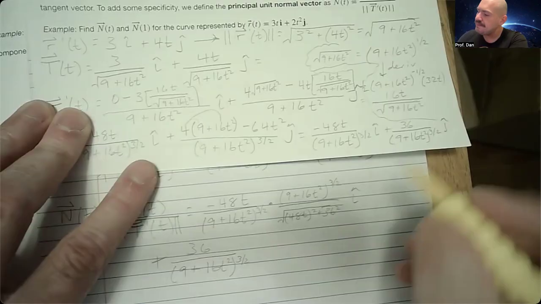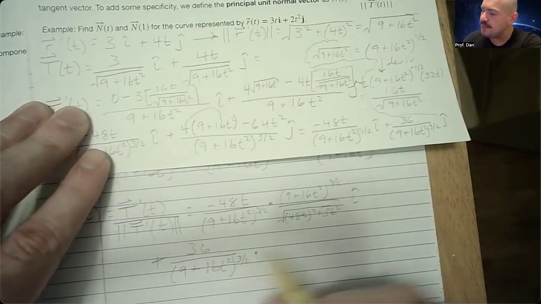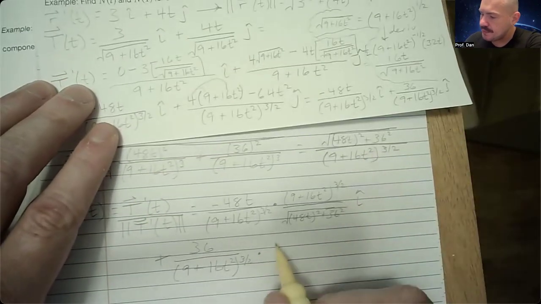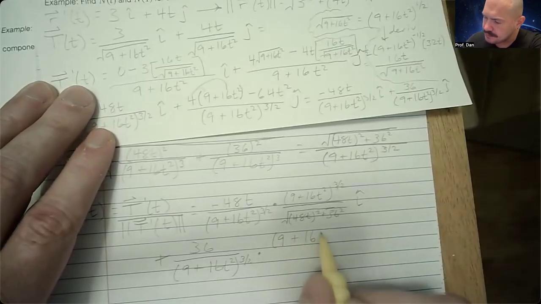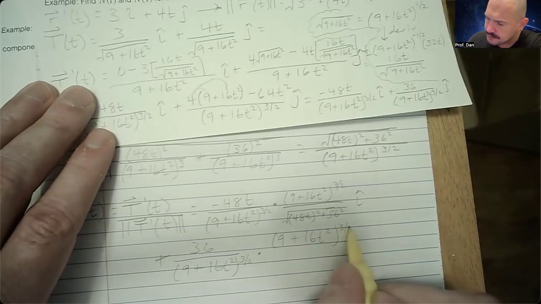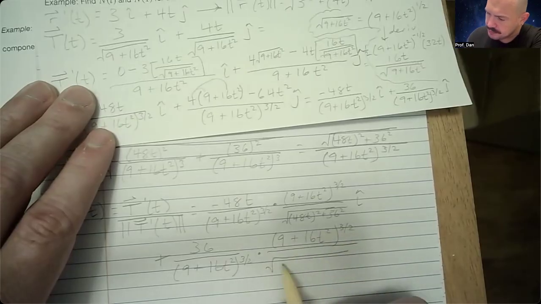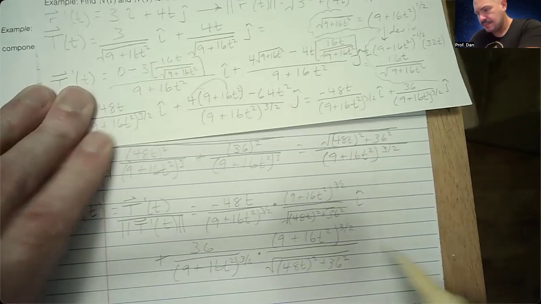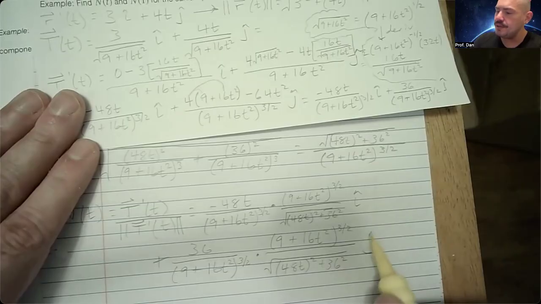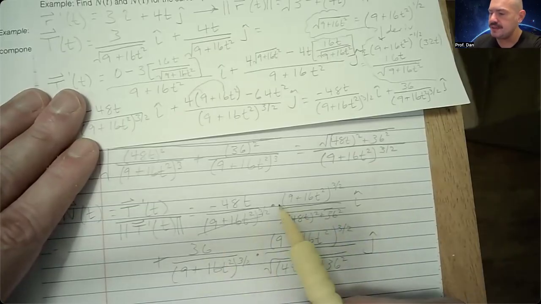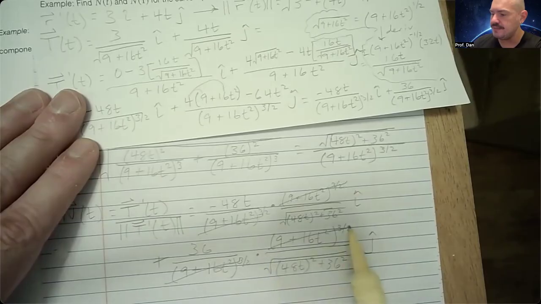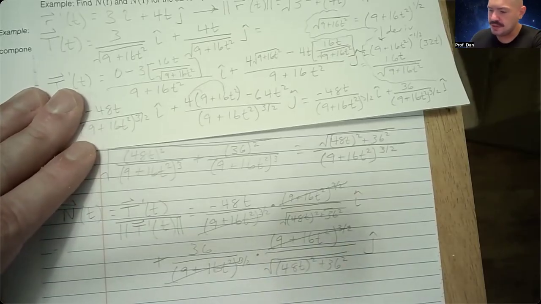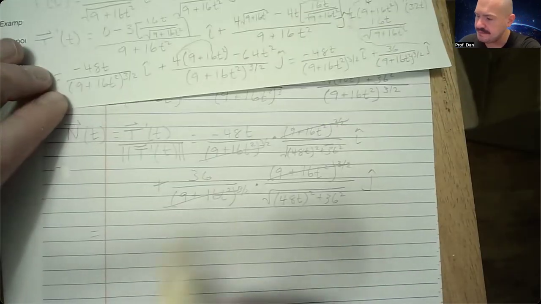Silly me. All right. So multiply by the reciprocal. Okay. And what you notice about each component is that these guys will divide. So our principal unit normal vector is going to be given by